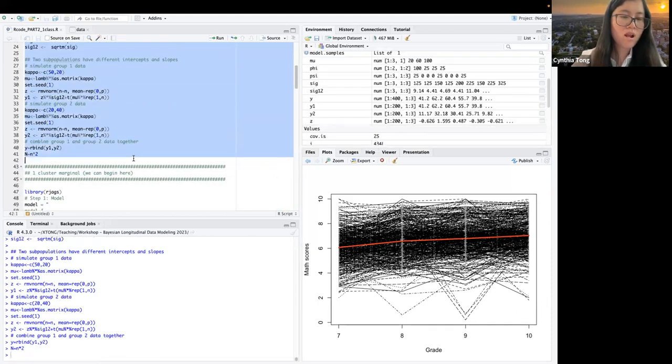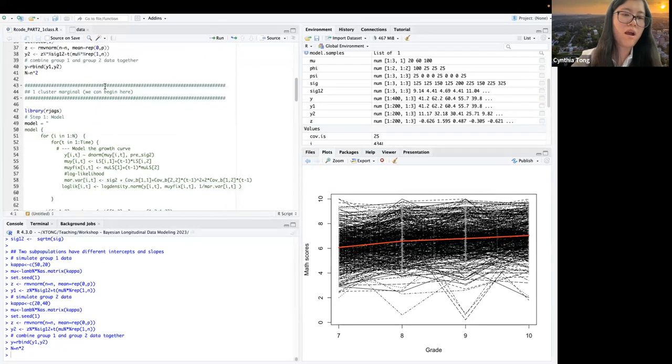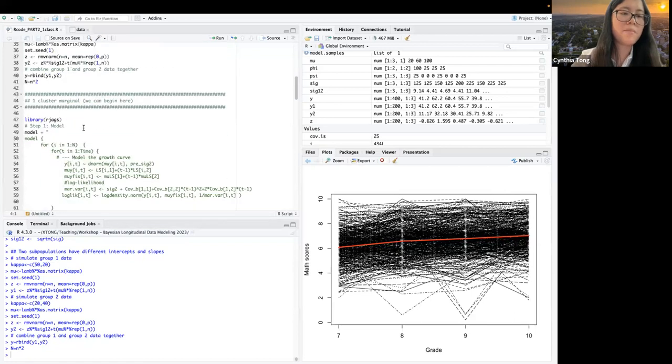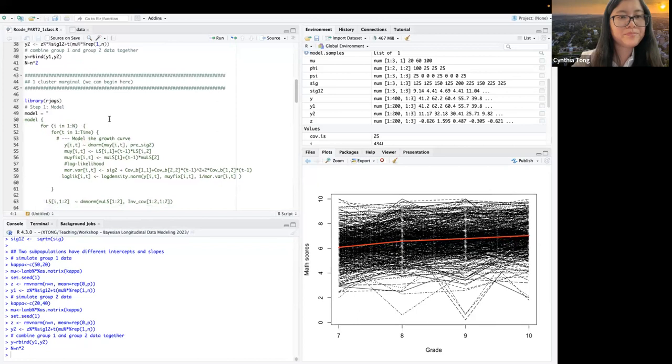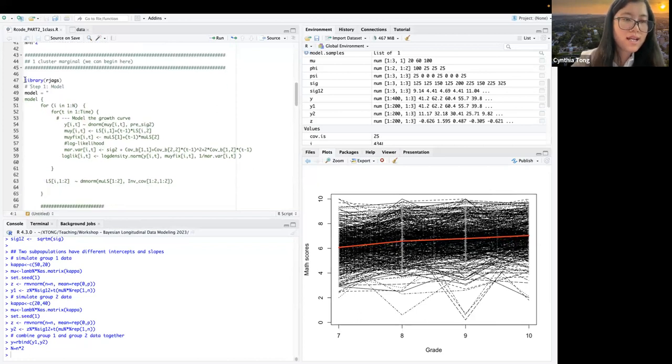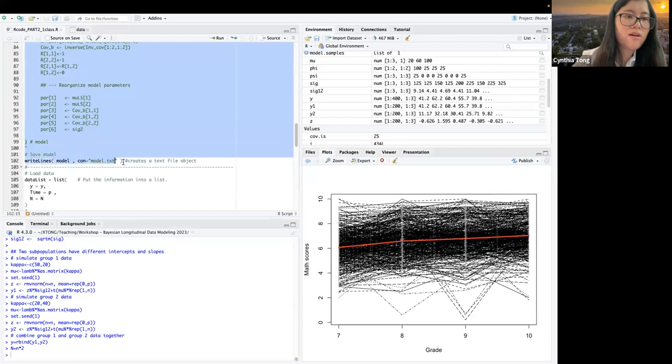So we can run that. That will just simulate the data. These 2 packages are also used for data simulation, so it's not related to anything about the analysis. And in the analysis, we'll just use our RJAGS package. For the one class analysis, we specify our model first. The only difference from previous code is that we have these additional lines specifying the log likelihood function. And we can run this.